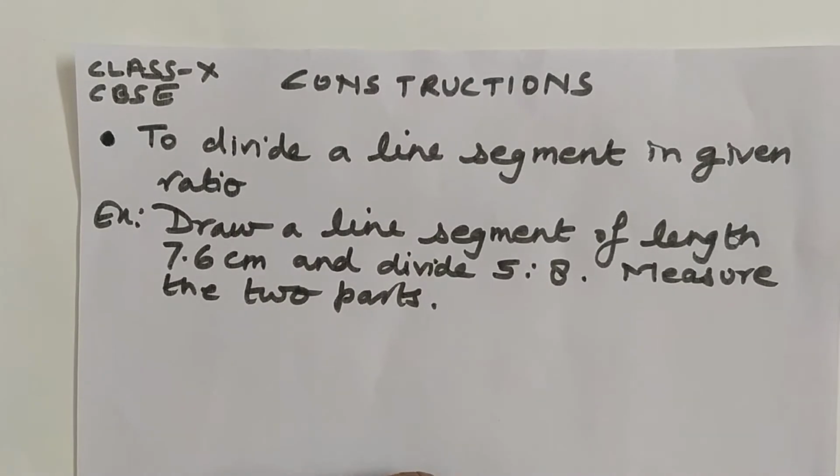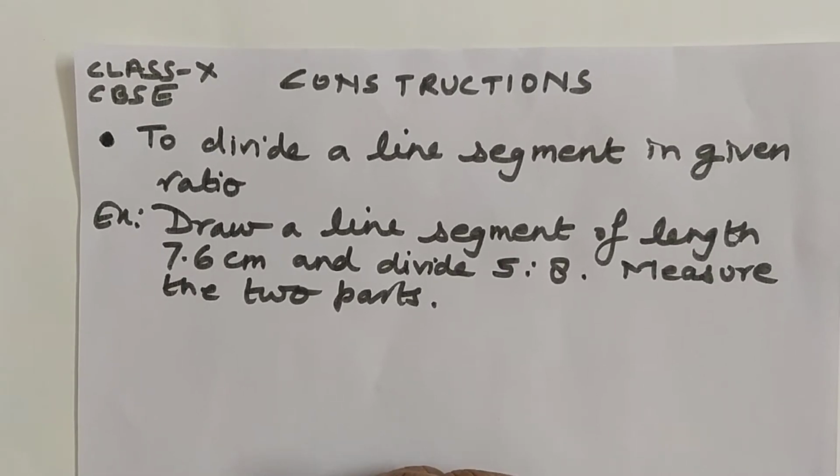First of all, we are going to start with dividing a line segment. A line segment is given, and the ratio is also given to you. So how can we divide the line segment internally? For this, I have taken an example from your NCERT exercise 11.1. Only one question is given there for the line segment ratio. Most of the construction of similar triangles is deducted, so now these two topics become important.